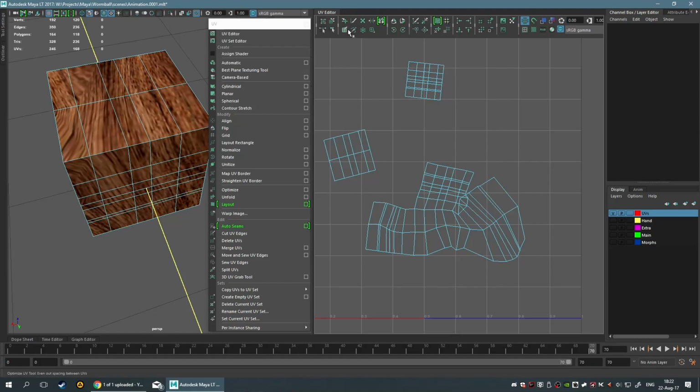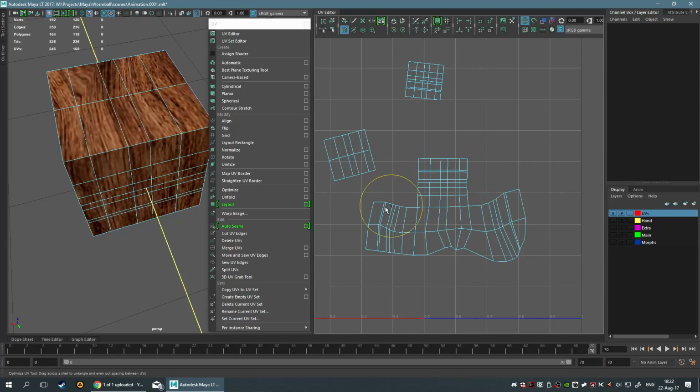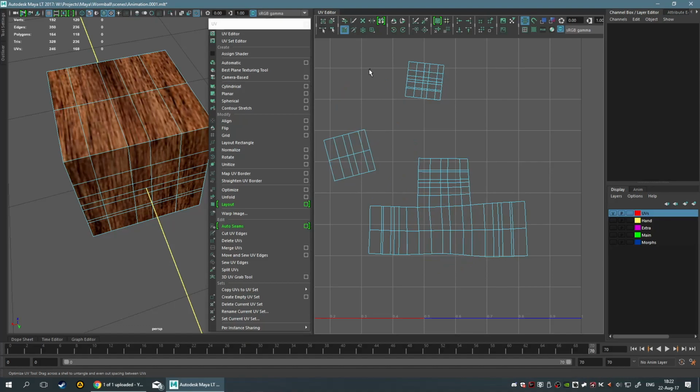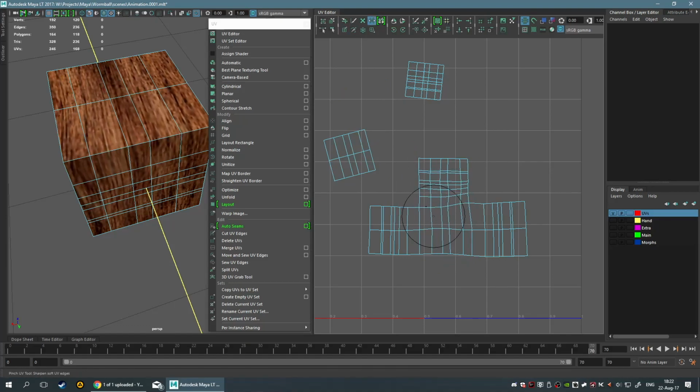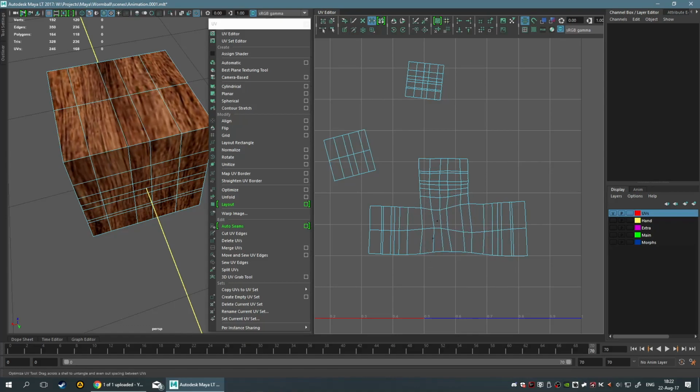There's plenty of other things you could try to do, such as optimizing the tool here. For example, this is going to give you a much more even spacing. Actually, this is what shift does. It optimizes your object. I thought it was averaging it out, smoothing it, but in reality I think this is what holding down shift does whenever you have any of these modifications. So if I do this and I hold down shift,